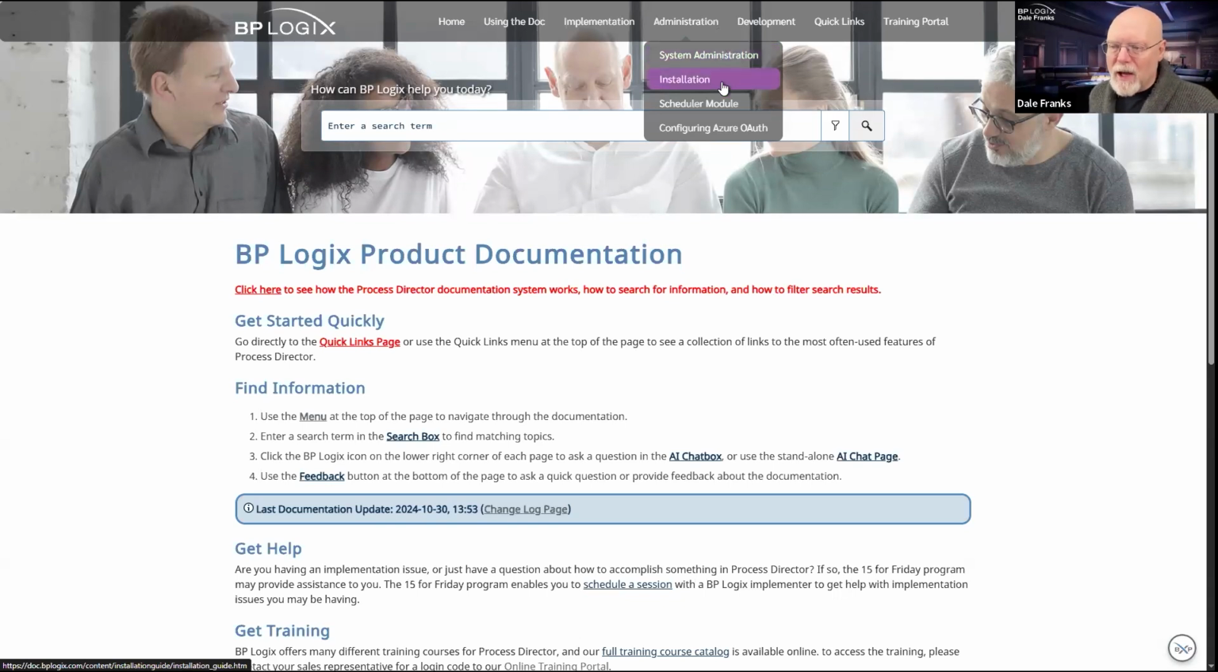There's the installation guide, which most of you as cloud customers will never look at or need to look at. That's really for on-premise customers. The scheduler module, it exists. It's still there. If you have an old version of the product, it's probably still useful, although I have to say that goals have largely